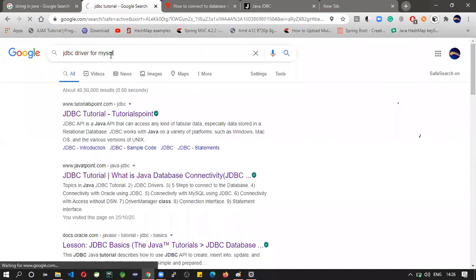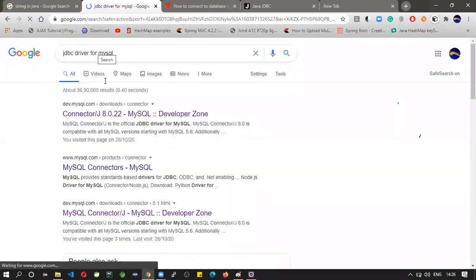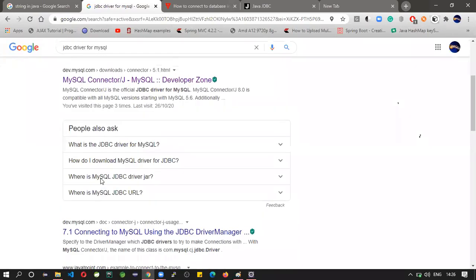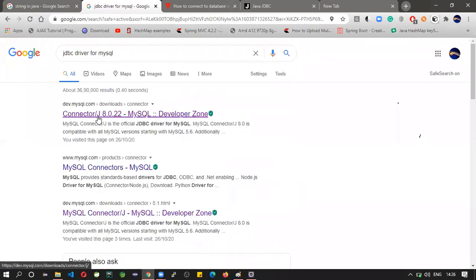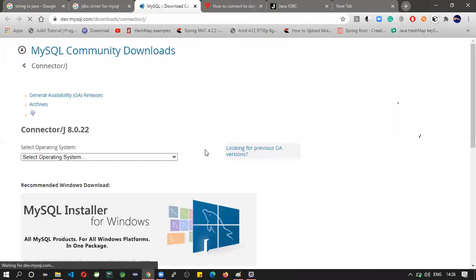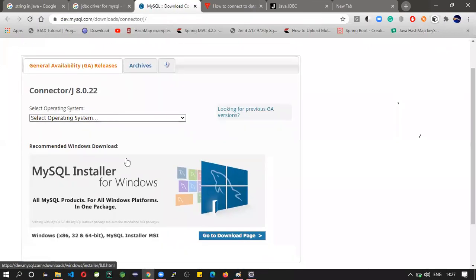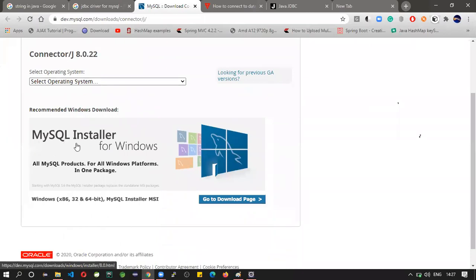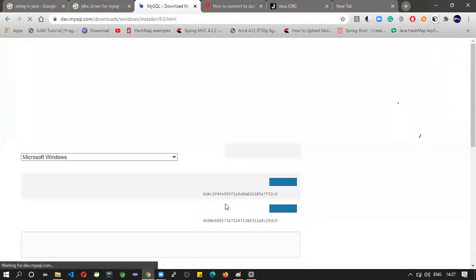You can see various options here at the official MySQL dev site. It is already showing that this is a Windows system. Go to the download page. This is version 8.0.22, the 8th version. So click on go to download page.